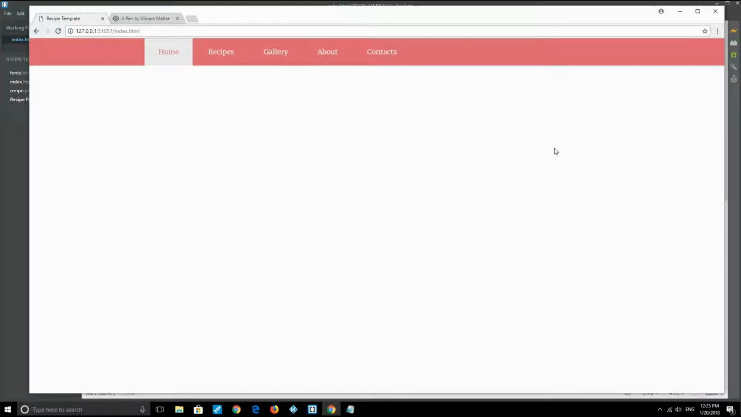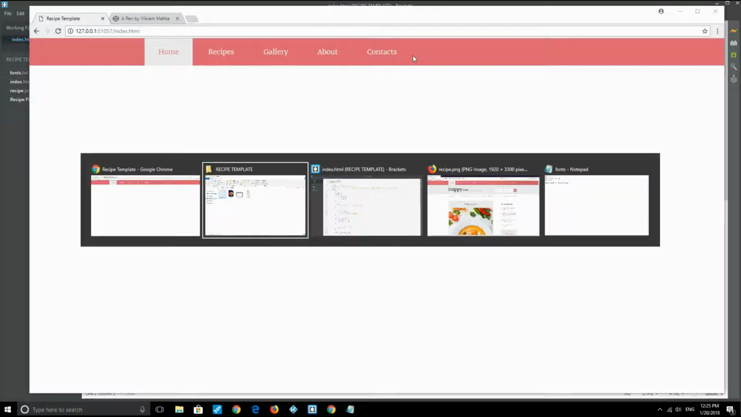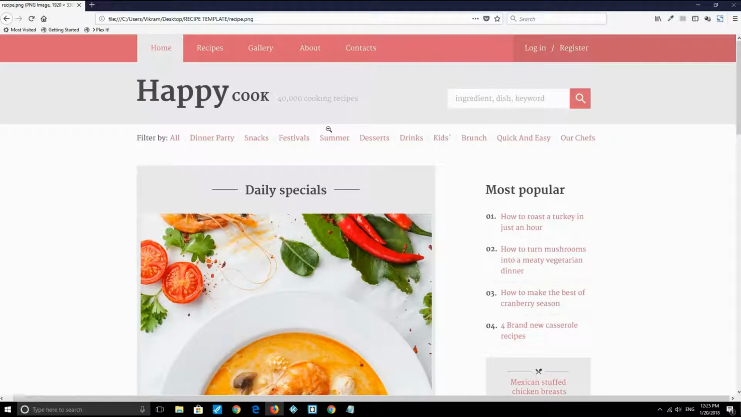So far we have the web page that looks like this right now. So our main navigation menu is ready. Let's look at the design right now. If you closely look at the design, you will see that between every navigation